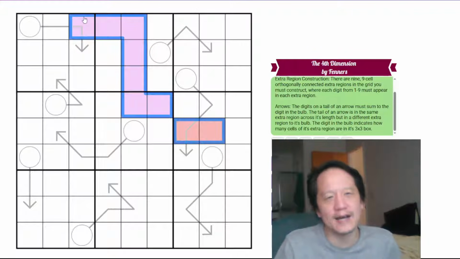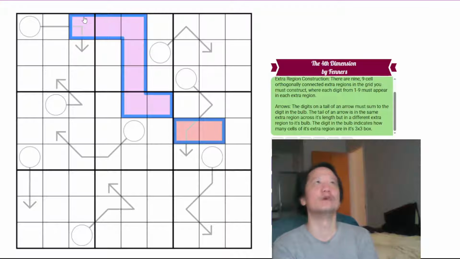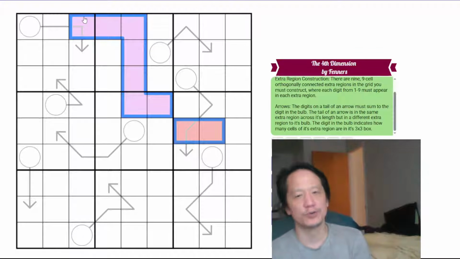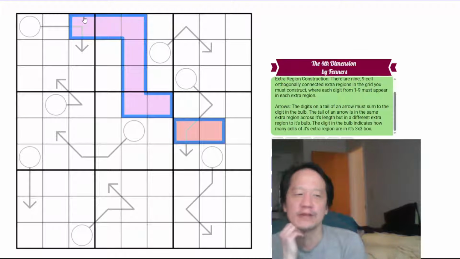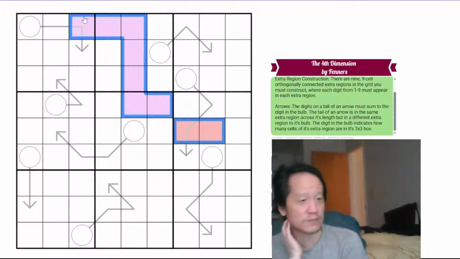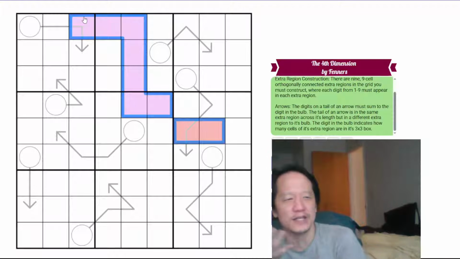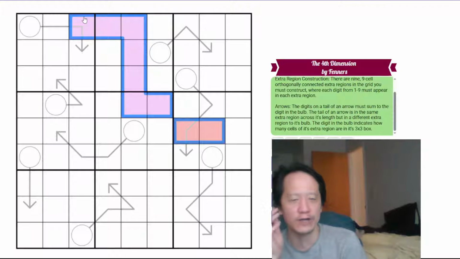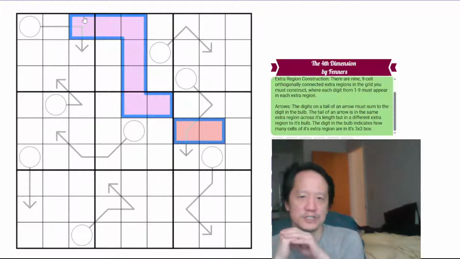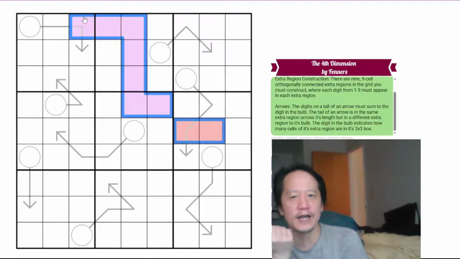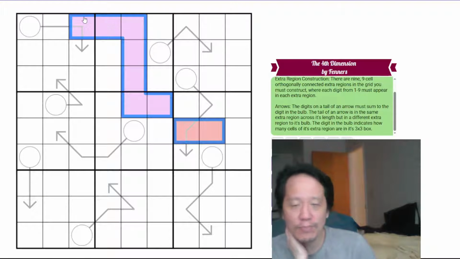I wish I could come up with a better way of explaining these orthogonally connected regions because they happen a lot, particularly in chaos construction rules. And this is kind of, it's not completely chaos construction because we're given certain constraints already. We just have to be able to find other regions which contain the digits 1 through 9 each. And there are 9-cell